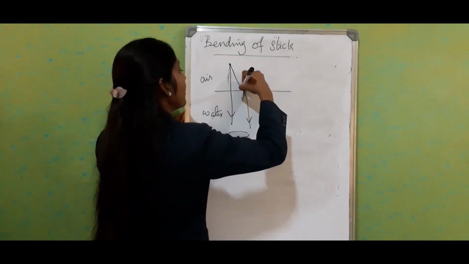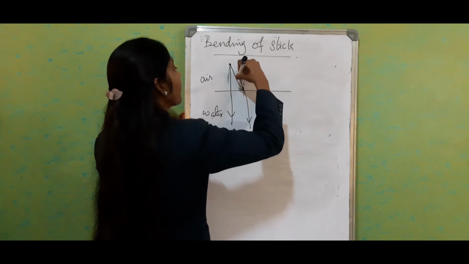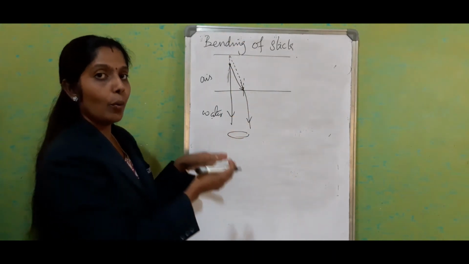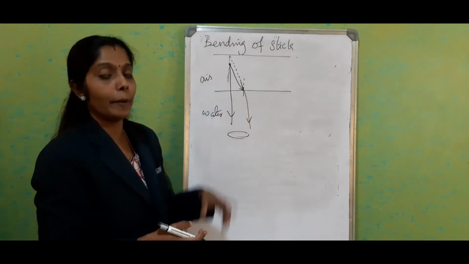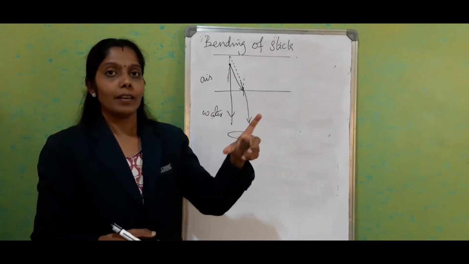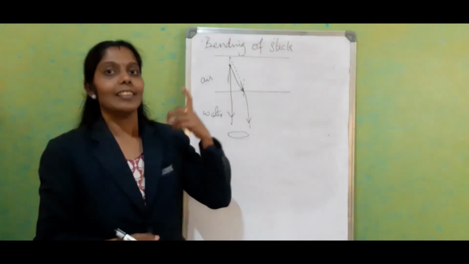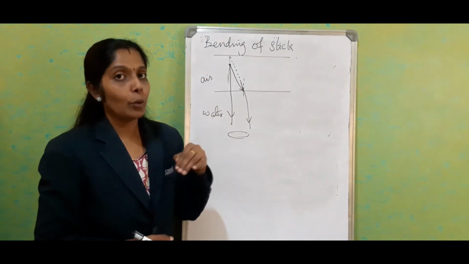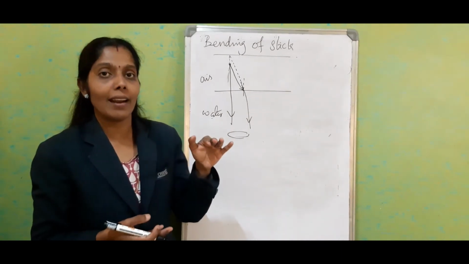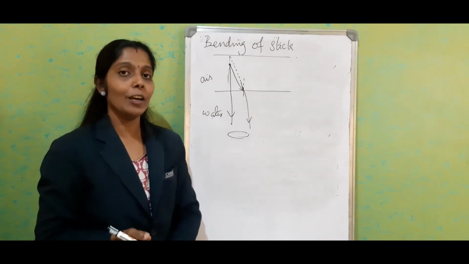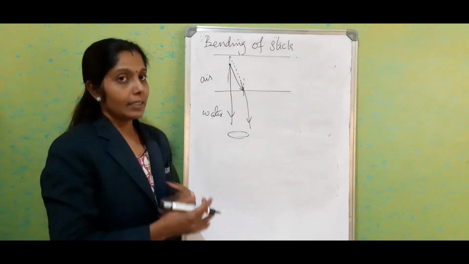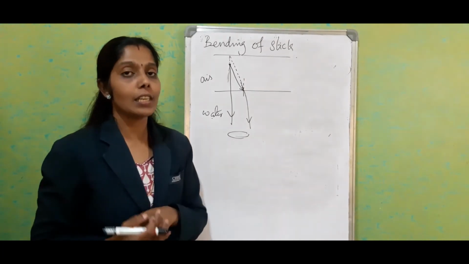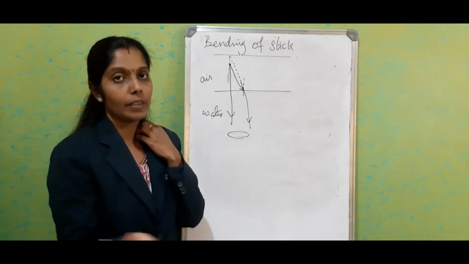So if we extend this line, you feel the length is increased. When you are watching from denser to rarer medium, the apparent length is increased compared to the original length, and when you are watching from the air, the apparent length is decreased compared to the original length. Other than these two things, there are lots of day-to-day life applications related with refraction.